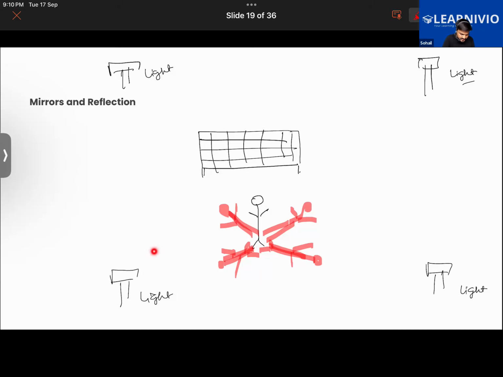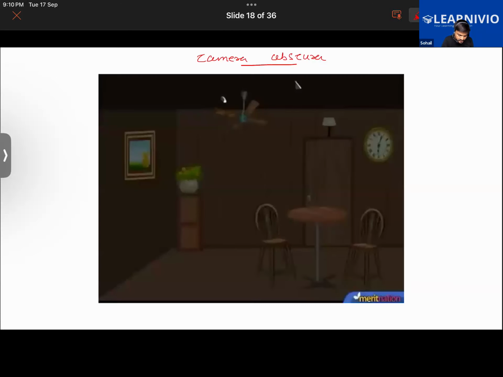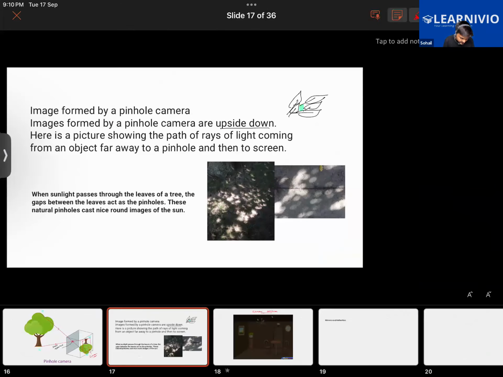There are four light sources from four different directions. That's why four shadows are formed here. The more the number of light sources, the more shadows will be formed. The more the directions of the light rays, the more shadows will be formed. Okay, so in this chapter,